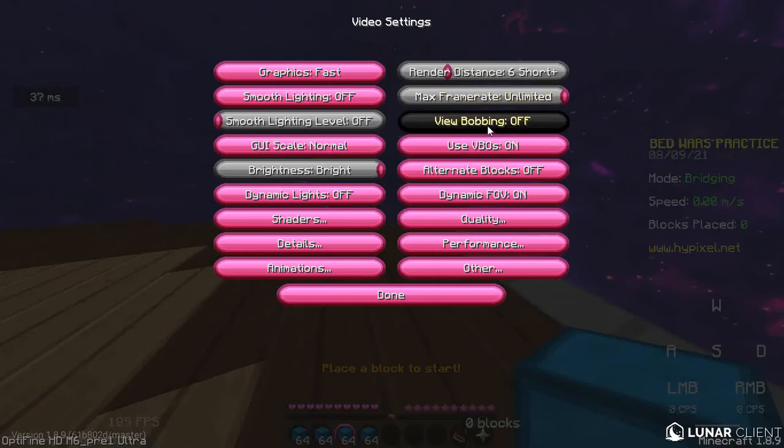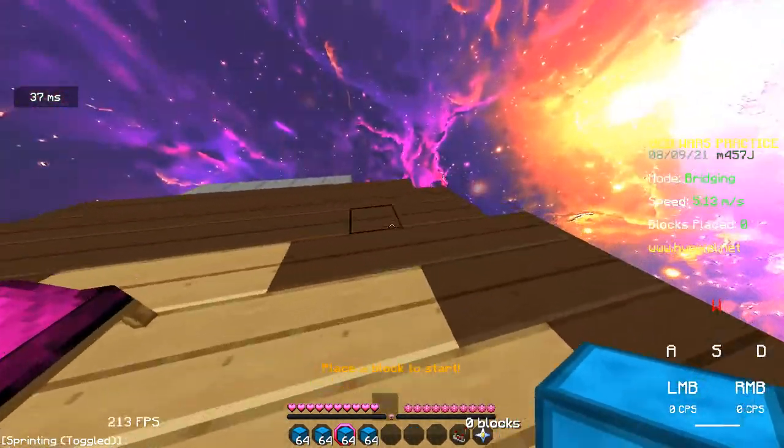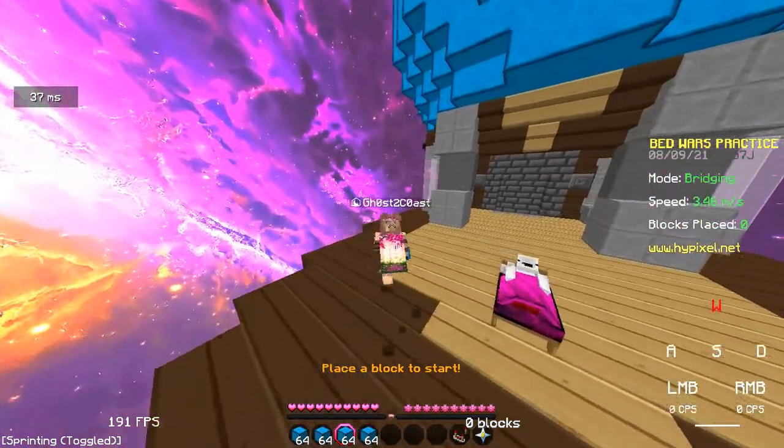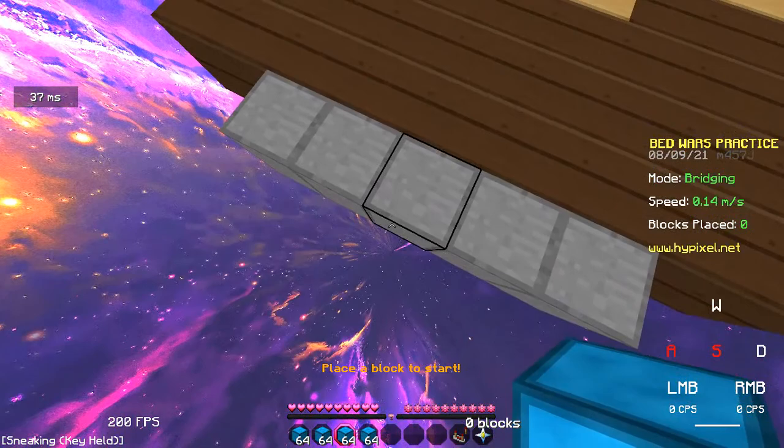View bobbing, have that off, because that's when you're walking. It does this. You see how everything's kind of jiggling up and down? I don't really like view bobbing. It's like shaking my whole camera. It's not good for bridging. If I just moonwalk or something,